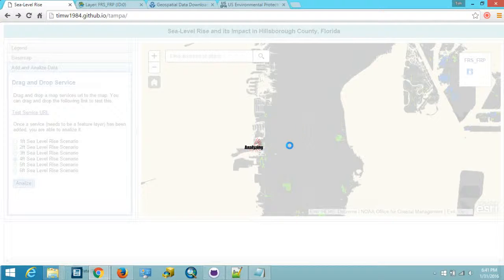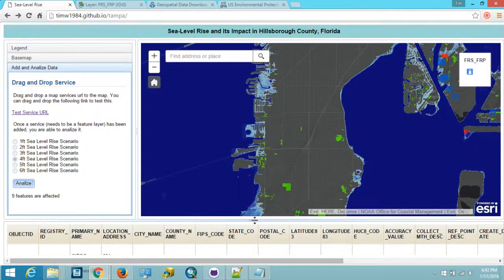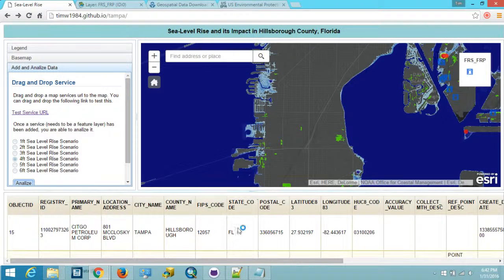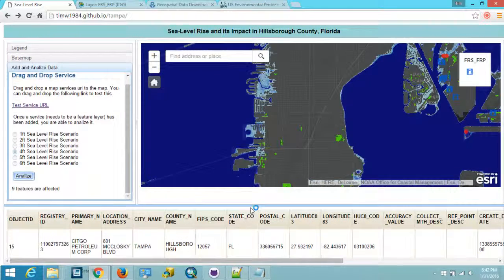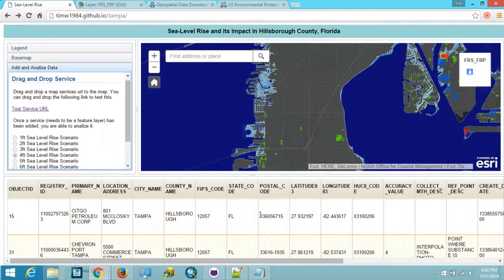So it will run right now, and once it is finished running, it will tell you how many features are intersecting with this specific scenario, and will put what it finds down here in this little grid where now you can see it populated the grid down here, and over here it's going to tell you that 9 features are affected by the 4 feet sea level rise scenario. What you can do is you can kind of move it up and down so you can see better,